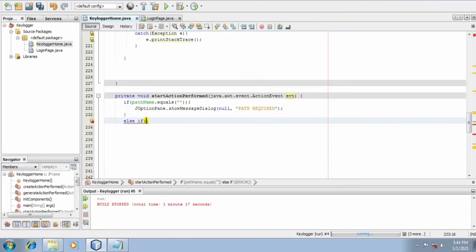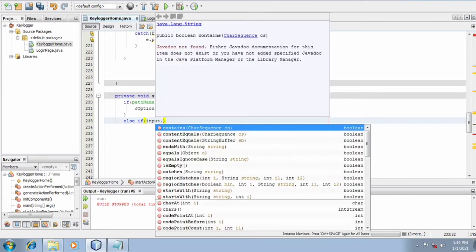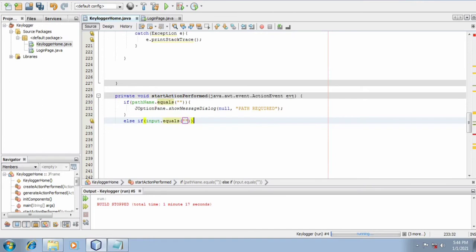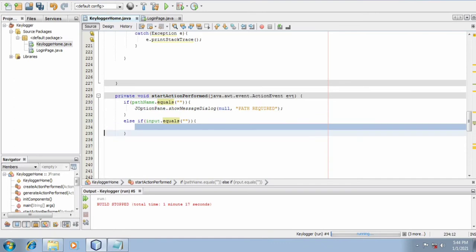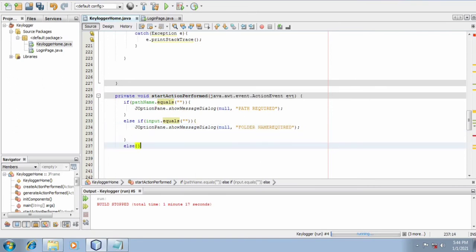As for the folder name, since we initialize the folder name to our variable string input, we'll just put the input in here. If input equals blank again, folder name required. Else,